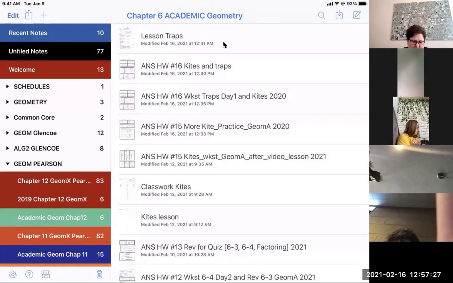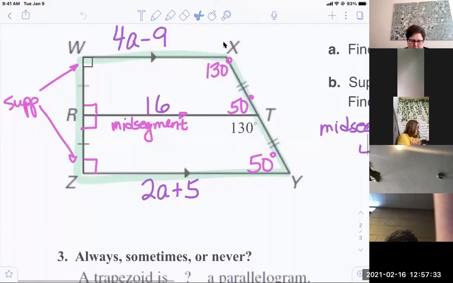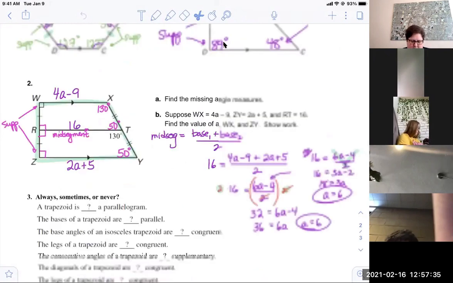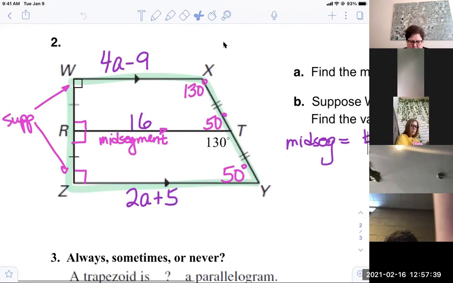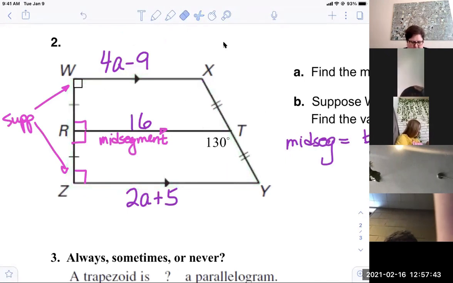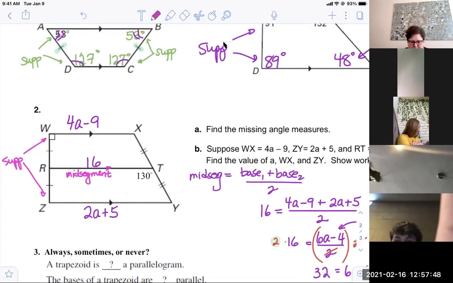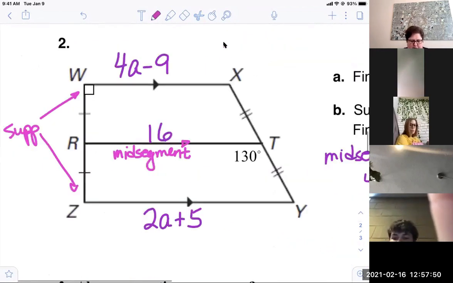Okay, first thing I want to do is go to our notes from trapezoids from last class, and talk about angle measures. I know this was very rushed because we were at the end. So on the second page here, problem number 2, how do you know that,